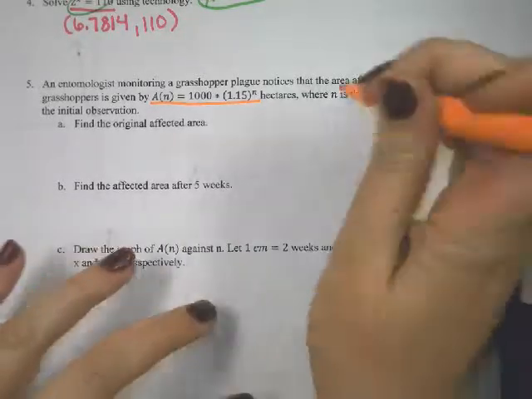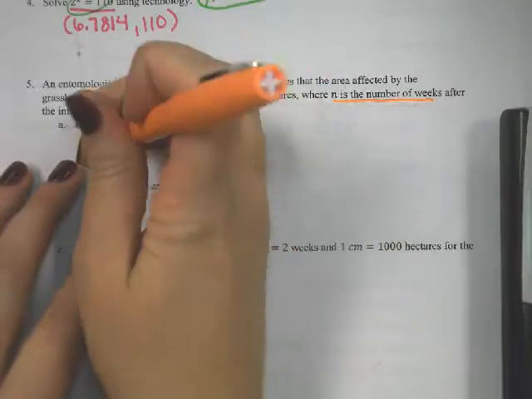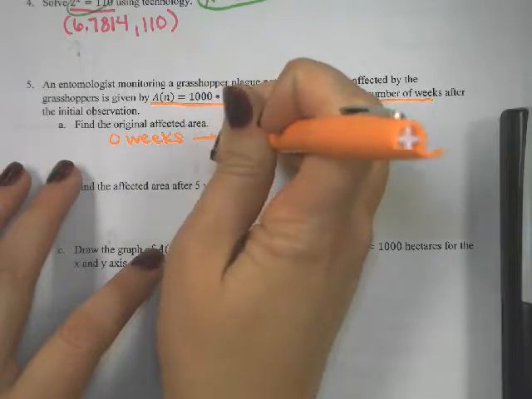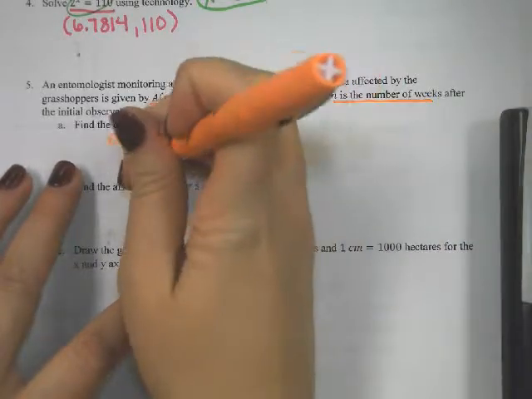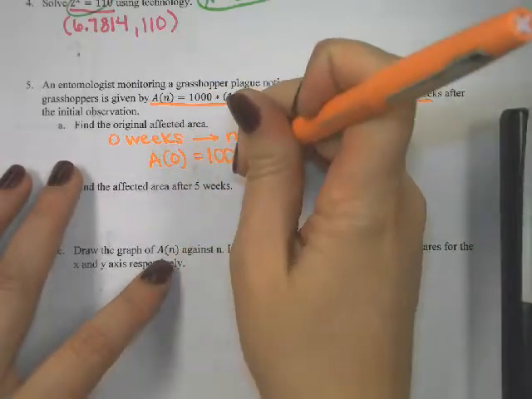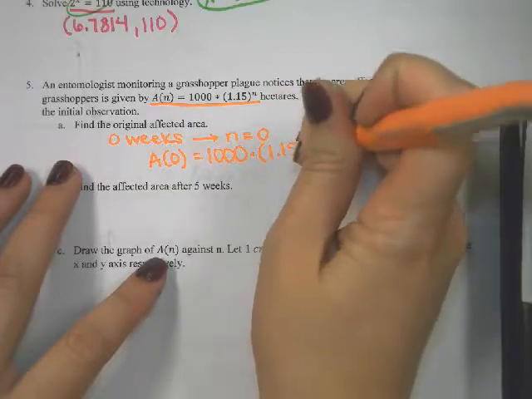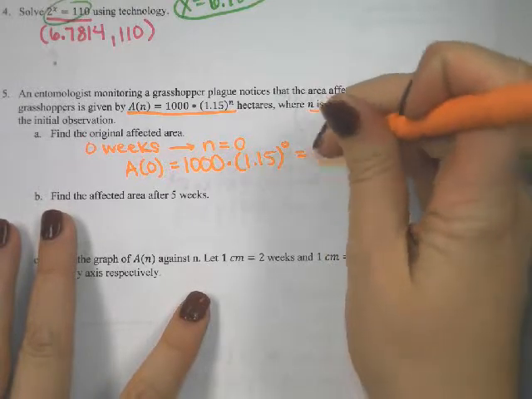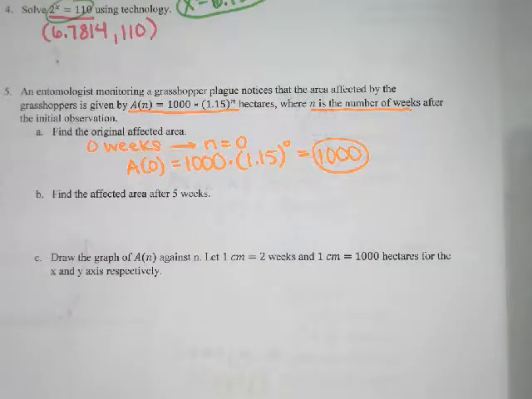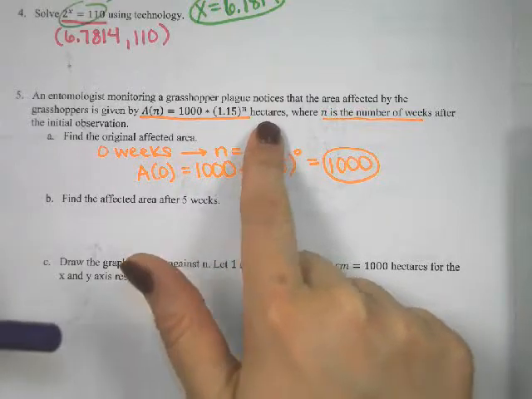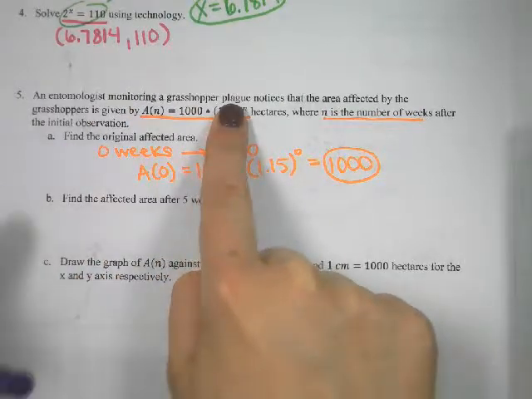So n is the number of weeks. I want to figure out when we are at 0 weeks, which is n equals 0. So we're just going to do a with 0 plugged in. So I'm going to take 0, plug it into 1,000 times 1.15 to the 0, and that should give us 1,000. So 1,000 is our original affected area. That's our starting amount. This gives us the area that's affected by this grasshopper plague, in terms of